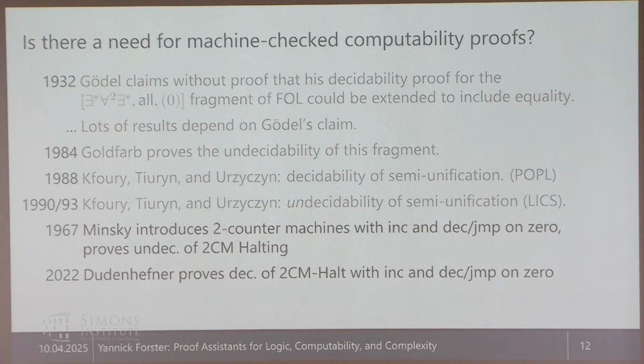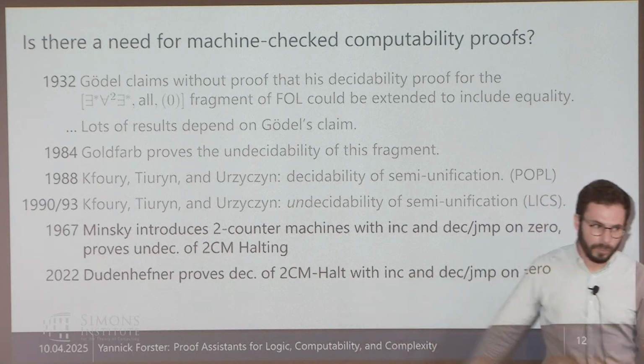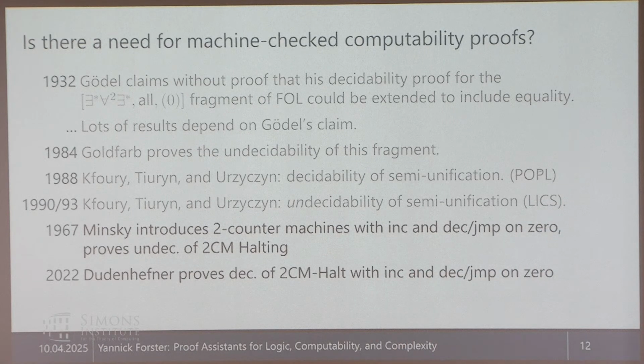Again, at least I tried to find a paper that is wrong because of this, and I didn't, but I found lots and lots of papers that use 2 counter machine halting, but I think everything is kind of okay because they use not exactly Minsky's definition or something that's okay. Still, lots of evidence that also in this area of computer science, machine checking textbook proofs would actually be cool.